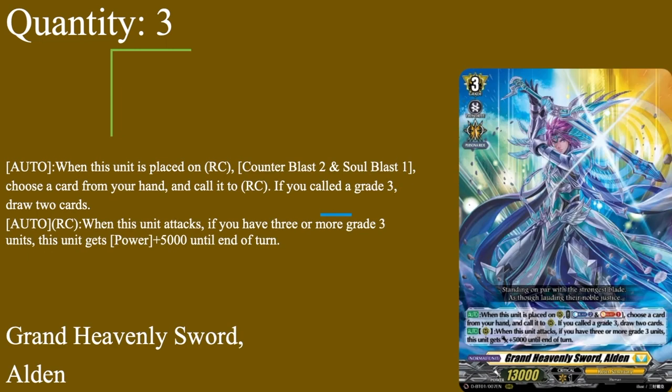Then we have 3 copies of Grand Heavenly Sword Alden. Slowly but surely, we're losing reason to run Alden in the deck. Grade 3, 10k 13k base. Alden placed on rear guard circle by counter blasting 2 and soul blasting 1. Choose a card from your hand, call it to rear guard circle, and if you call a grade 3, draw